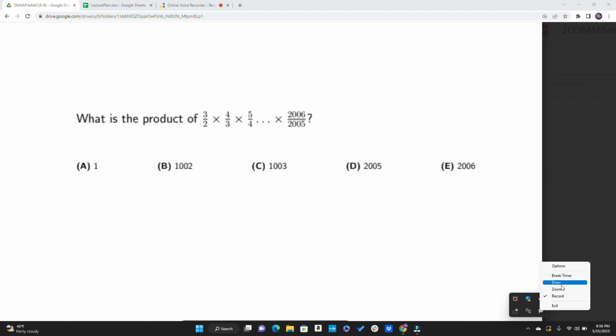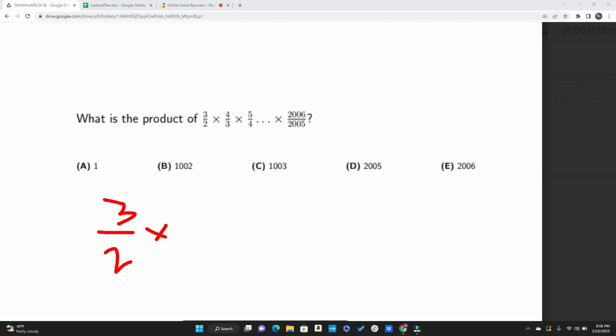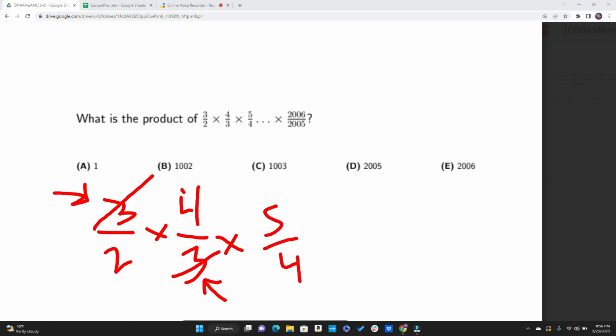We want the product of 3 over 2 times 4 over 3 times 5 over 4 all the way to 2006 over 2005. Okay, well, right away there's something we can notice. We've got a 3 in the numerator and a 3 in the denominator. So whatever's left on the top will cancel out with what's on the bottom. Next we have 5 over 4, so the 4s again cancel out. After that, we would have 6 over 5, so the 5s would cancel out. So everything is going to be canceled out and then eventually we'll get to